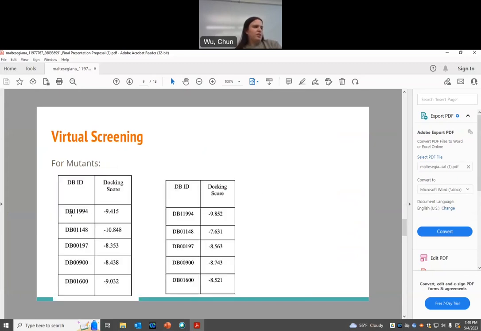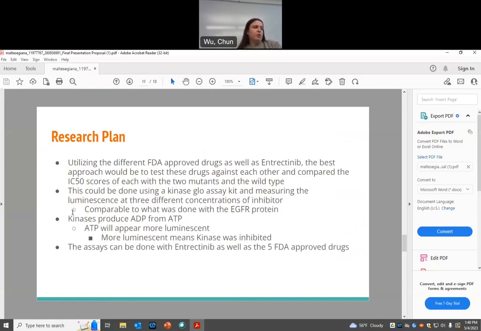You can see that the docking scores are a little higher for the mutants, meaning that the drugs were able to bind better to them, meaning these would probably be better drugs for the mutants. So for the research plan utilizing these different FDA-approved drugs as well as Entrectinib, the best approach would